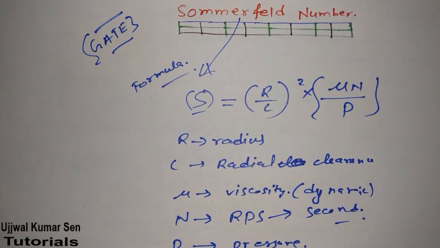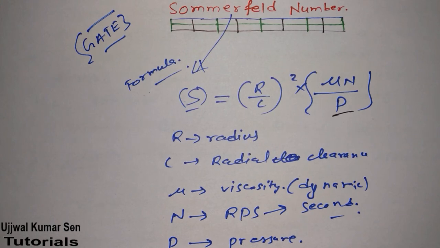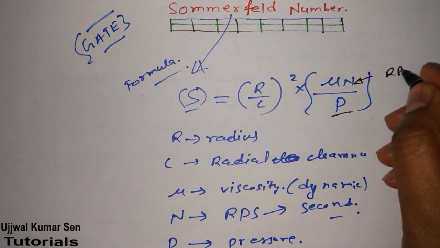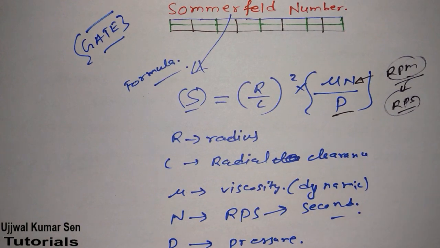That is almost not required in competitive examinations like GATE, because in GATE there is an 80% chance you are going to get numerical problems. So what you have to do is solve numerical problems, 80% numerical, 20% derivation and other applications, right? So what is the formula? S is equal to R by C whole square, mu N by P. You always get confused here only. What is P? Remember its unit is Newton per meter square, Pascal, that means pressure. And we always get confused with RPM. Don't write RPM here. Always write RPS. These are two most important things to learn here and implement.